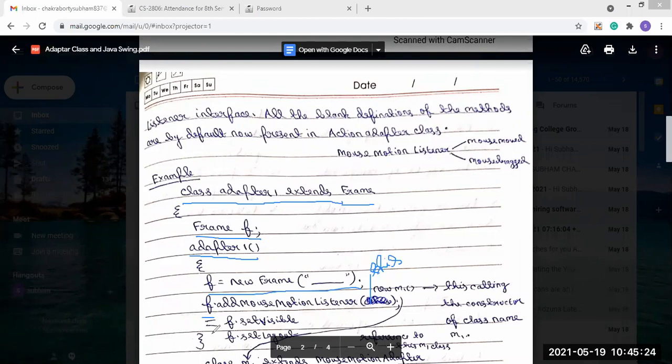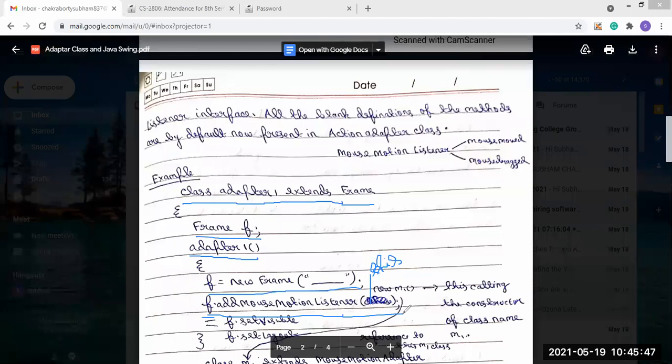So this is done. This command is telling that the registration of the frame class object is done with the mouse motion listener. Why do we have to use this?